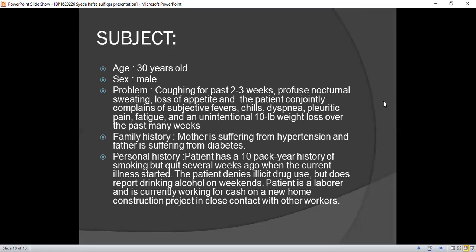Family history. The mother of our patient is suffering from hypertension and father is suffering from the diabetes. The personal history of the patient is that the patient has a 10-pack-year history of smoking, but quit several weeks ago when the current illness started. The patient denies illicit drug use but does report drinking alcohol on weekends. Patient is a laborer and is currently working for cash on a new home construction project in close contact with